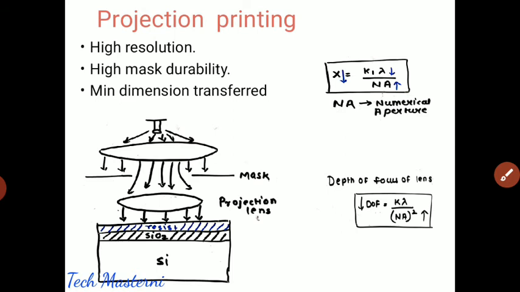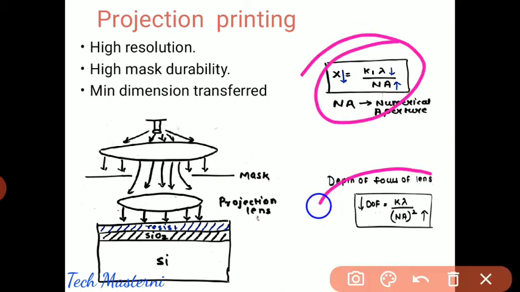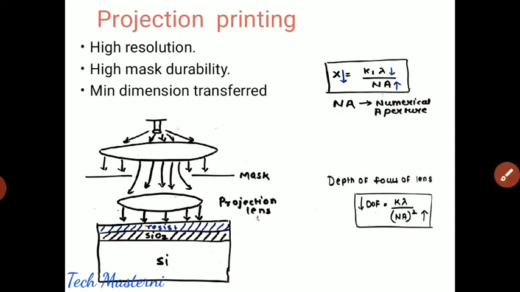So I have covered all the points of projection printing, and these are the pattern generation techniques. All these problems and all these formulas are very important. They can directly give you marks in your exam. These are important from the prelims point of view and also the mains point of view. Do not skip any formula. Make a note of every formula in one particular place and revise it. So this is all about today's session.